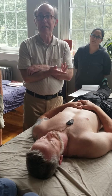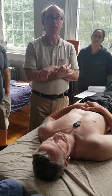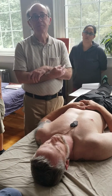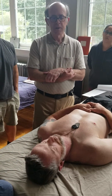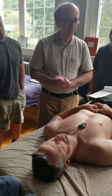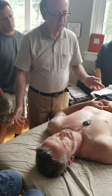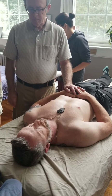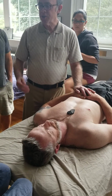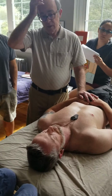Lateral epicondylitis is what the doctors and physical therapists call it, but it's not an itis. Tennis elbow is not an itis, it's not inflammation, it's an osis. So it's a breakdown in the ground substance of the connective tissue. There's no inflammation there. That's why very often people get a cortisone shot and it doesn't help, because there's no